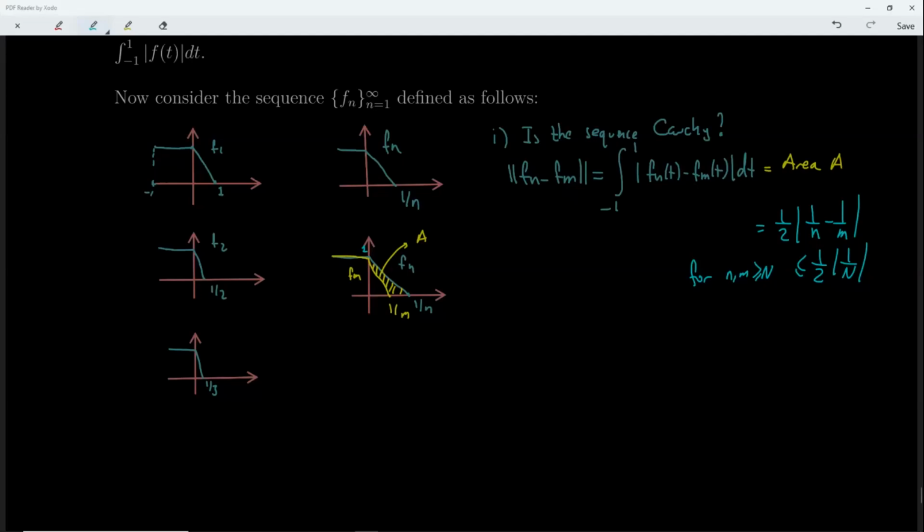So, by doing so, we can say that as m goes to infinity, the norm of fn minus fm goes to 0. And as I said before, if you are given an epsilon, you can limit that norm as 1 over 2 of n and find your n value accordingly. So I can conclude that the sequence is Cauchy.